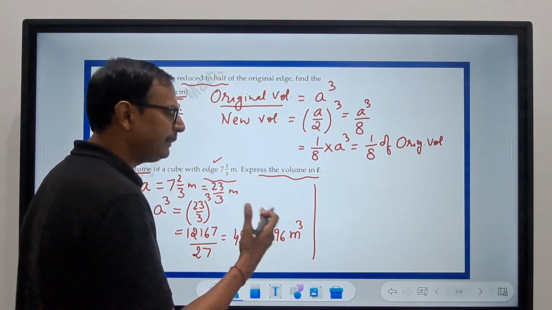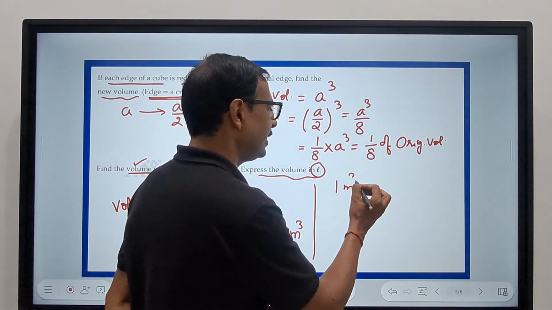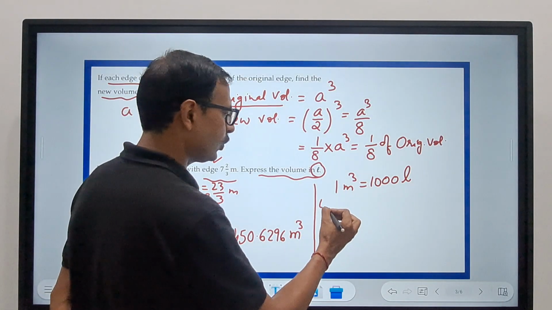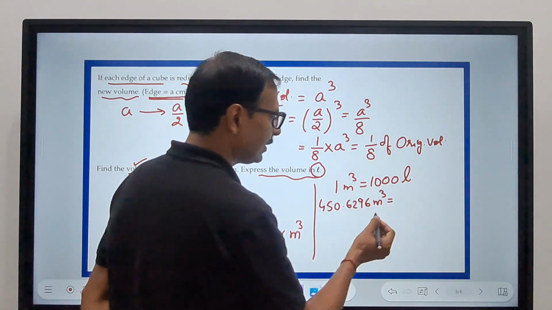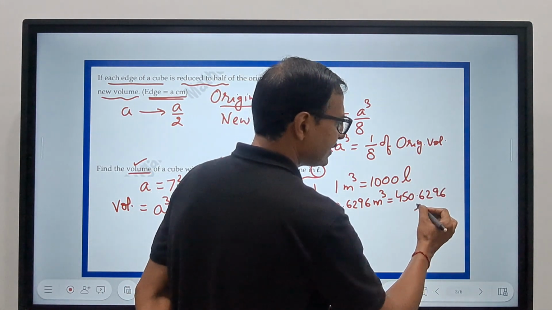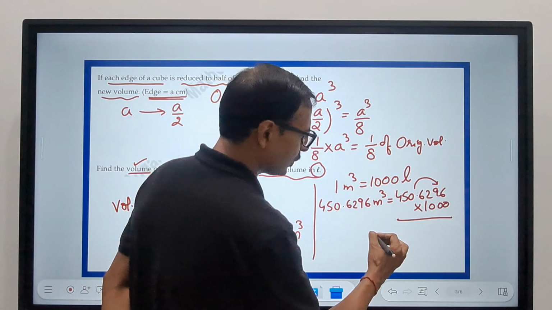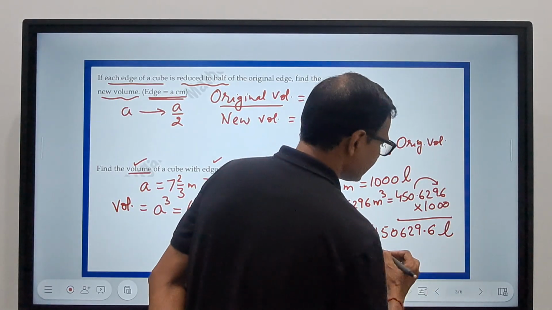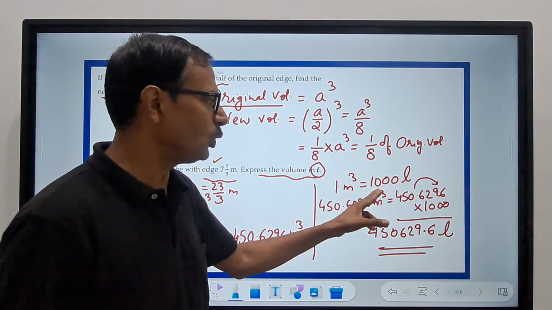How do you convert meter cube to liters? For that you should know that 1 meter cube is actually equal to 1000 liters, and therefore 450.6296 meter cube will be this multiplied by 1000. So if you multiply this by 1000, the decimal will shift 3 digits towards the right. So it will be 450,629.6 liters,